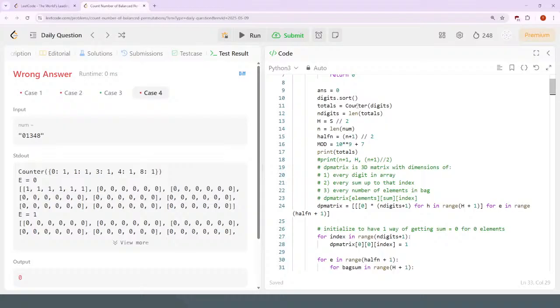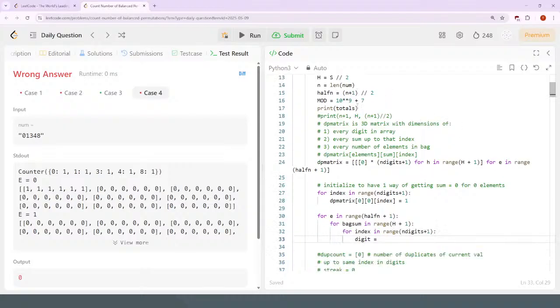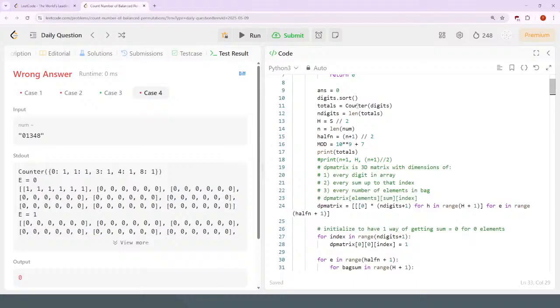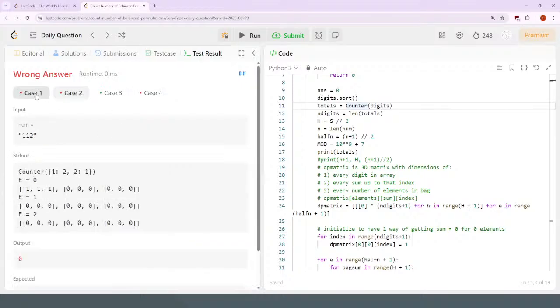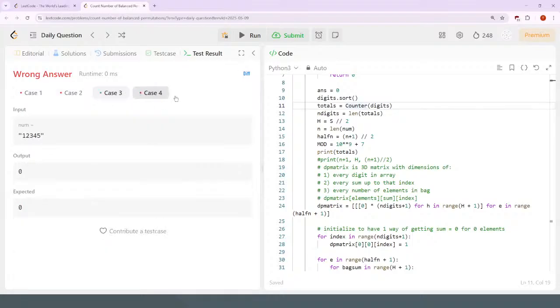Digits.sort. I want to go from the smallest digit to the largest digit. So if I had total as the counter of digits, I wonder if the counter is always, yeah, because I sorted it, so I think the counter,